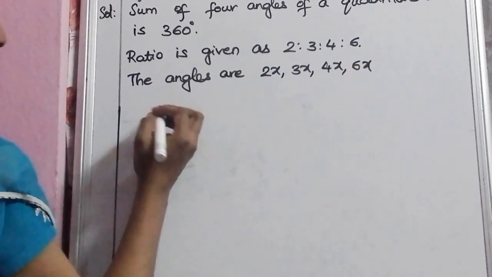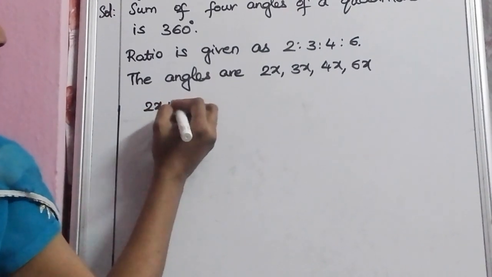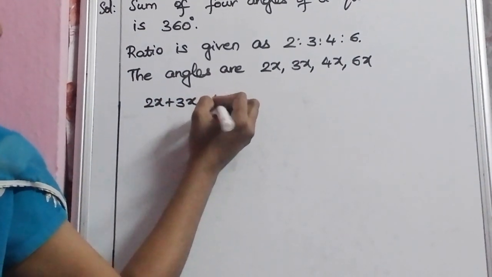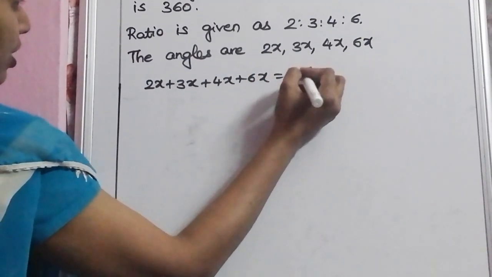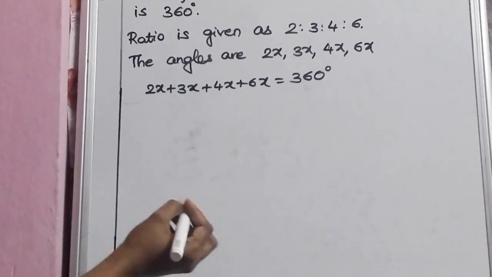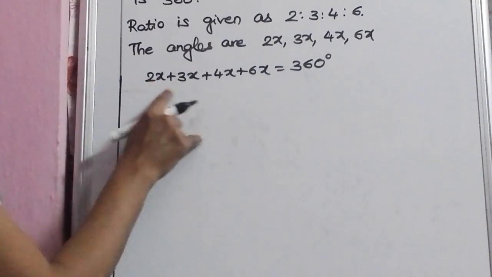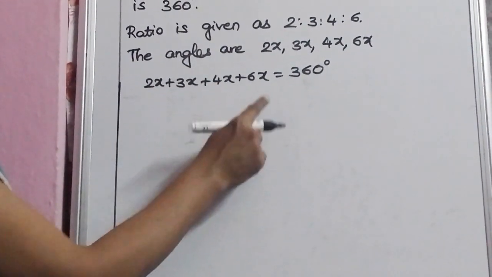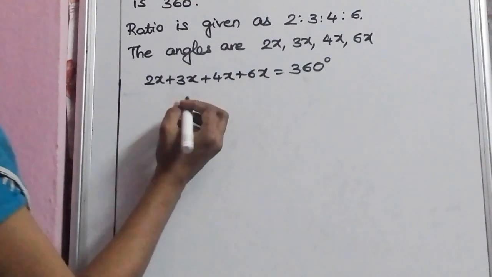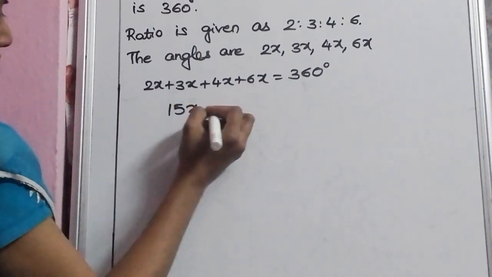So if you add all these angles, 2x plus 3x plus 4x plus 6x is equal to 360 degrees. Now let's add. 2 plus 3 is 5, 5 plus 4 is 9, 9 plus 6 is 15x is equal